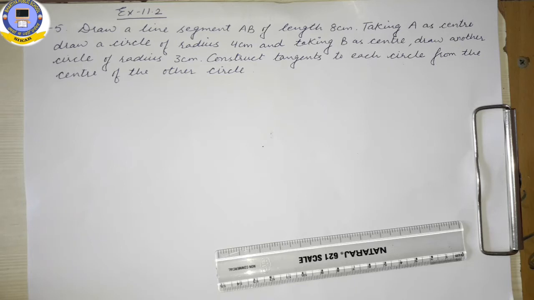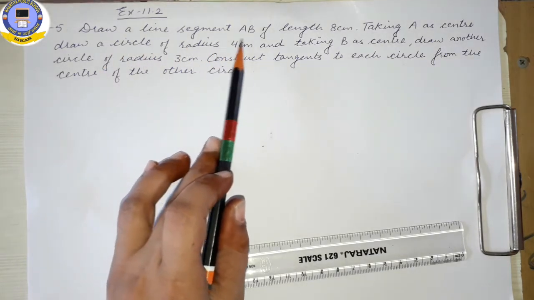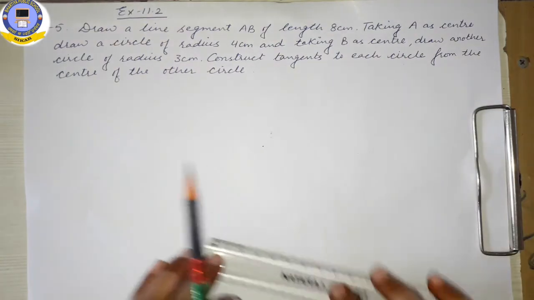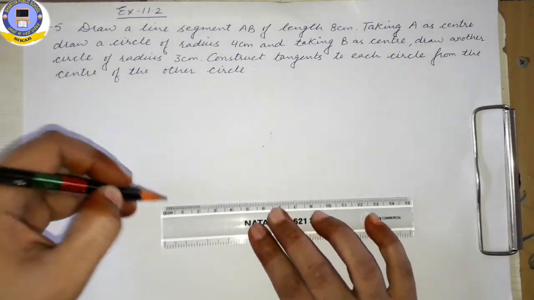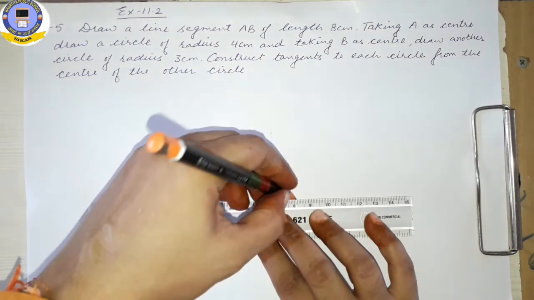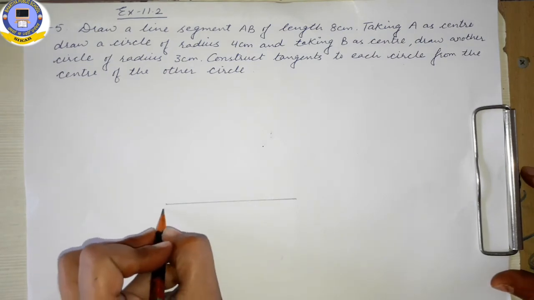Now have a look at question number 5th, 10th class. It is also based on same concept, how to draw tangent from external point to a circle. Now read this question. Draw a line segment AB of length 8 centimeter. First step is to draw a line segment of length 8 centimeter. So first of all, we'll draw a line segment of length 8 centimeter. Label it as AB,